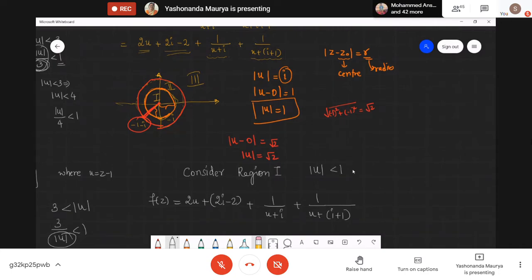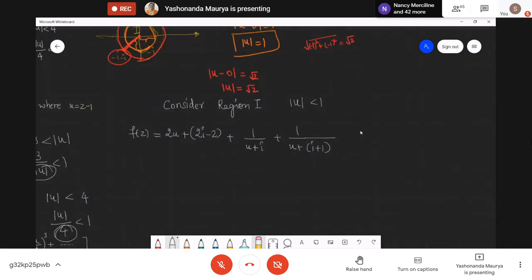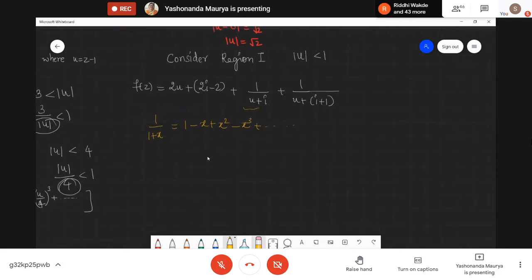Okay, the idea remains the same. What we are going to do is always try to use the expansion 1 upon 1 plus x, or 1 minus x. So this will be nothing but 1 minus x plus x square minus x cube and so on. Now, how do we get this expansion here? We need to convert these terms. How can we convert these expressions into this particular form?